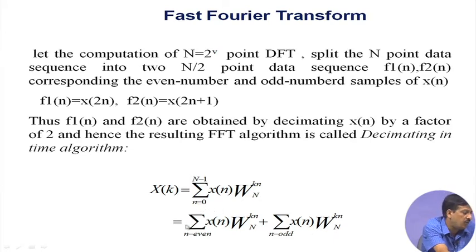Then again this one is divided into even and odd, and even and odd, until I reach 2 points, where I cannot divide, one even and one odd. So, this algorithm is described in a book, you can read that. I will just explain it by taking the 8 point DFT,